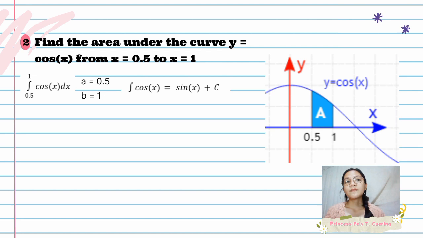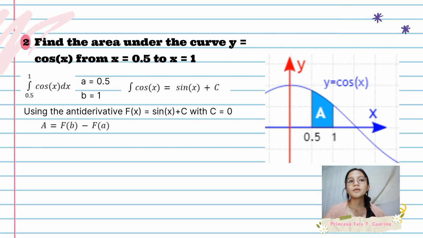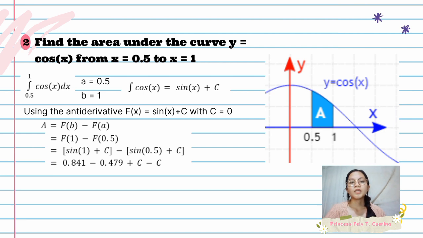In finding the antiderivative, we'll have to integrate cosine x, and according to the trigonometric rule, the integration of cosine x is equal to sine x plus c, which is now our antiderivative. Now, using the antiderivative, f of x equals sine x plus c with c equals 0, we'll substitute our following limits, which now gives us sine 1 plus c minus sine 0.5 plus c. Evaluating further, it will give us